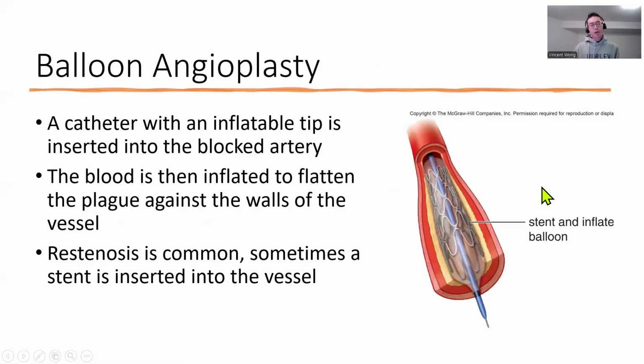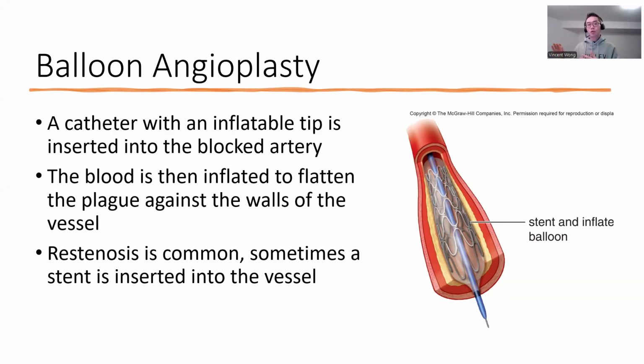If it's a partially blocked vessel, there is a surgical option called balloon angioplasty. In angioplasty, a catheter is inserted through the femoral artery, through the leg. It's guided through ultrasound, and then they feed the catheter all the way to where the block is. And they would know where the block is because they would have to take what's called